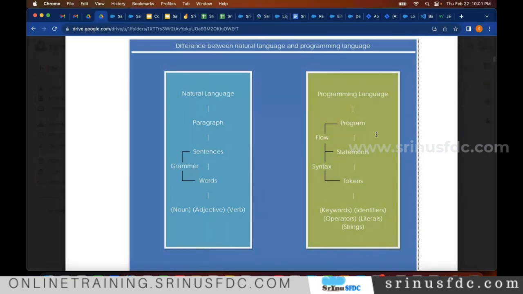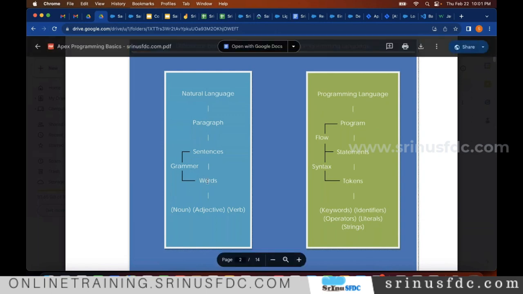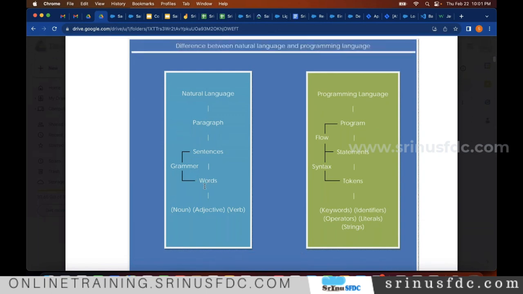A sentence is meaningful. It's not like you can frame all the words in any order; you have to put them in a proper format, then only can you form a valid sentence. The words we use, we call them noun, verb, adjective, like that. In the same way,